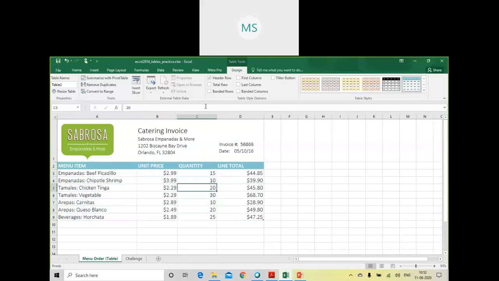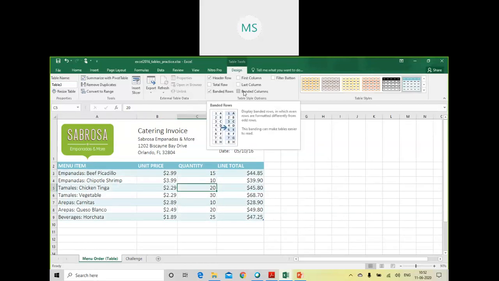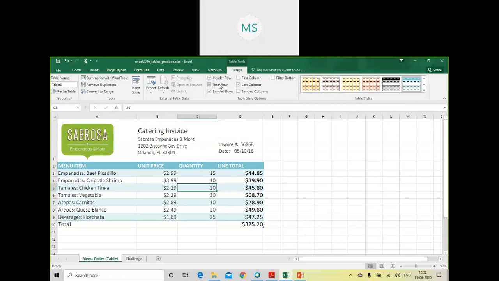Now as you can see, all these things are plain. The moment I click on it again, it shows one row in blue and one row in white. So this is how it goes. That is what the banded rows and banded columns option does. If you want your table to be banded, that can also be done. Okay. The last row will be highlighted from total rows, so that count will also be given automatically. You don't need to perform any mathematical operation.